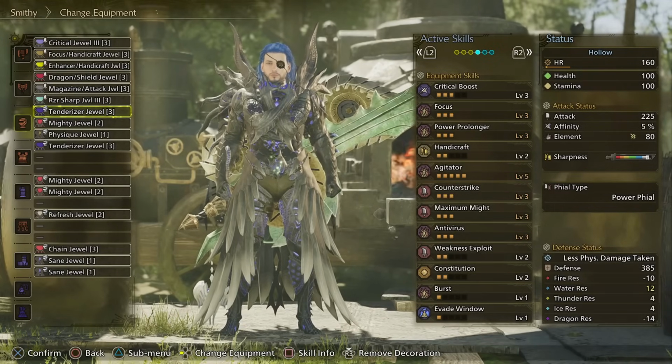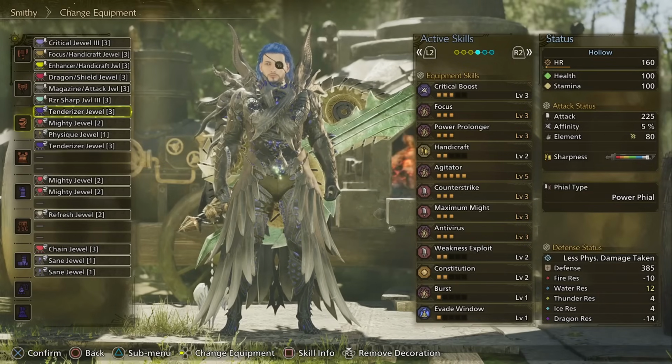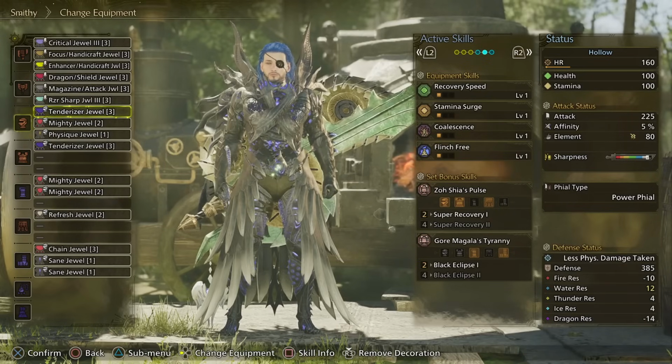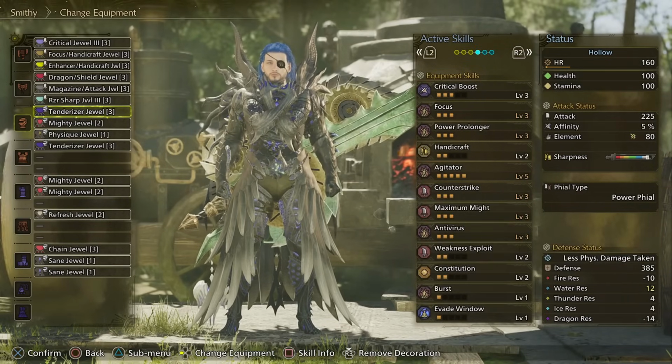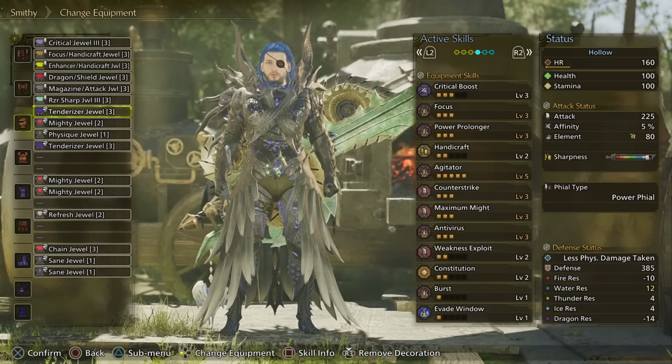Maxing out Agitator, Counterstrike, Maximum Might, Antivirus. Then we have 2 levels of Weakness Exploit, 2 levels of Constitution, Burst, 1 Evade Window by chance, Recovery Speed, Stamina Surge, Coalescence, Flinch Free, a lot of extra levels of all the different pieces. Mainly though, you have the decorations to achieve the main skill list, and then you're going to have a free